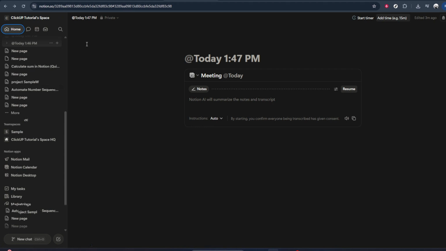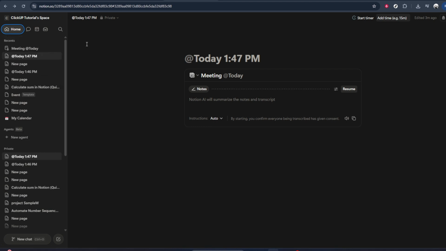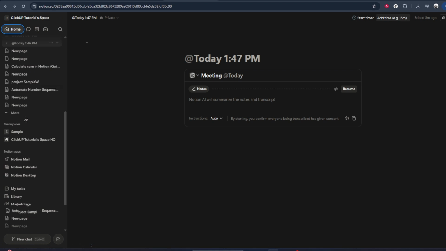First, look for the meeting icon. Depending on your setup, this might appear in a dedicated meetings page, a template you're using, or a database that stores all your sessions. The meeting icon is usually a small visual marker next to each meeting entry, making it easy to spot at a glance. Take a moment to locate it in your own workspace, because this is where you'll always begin